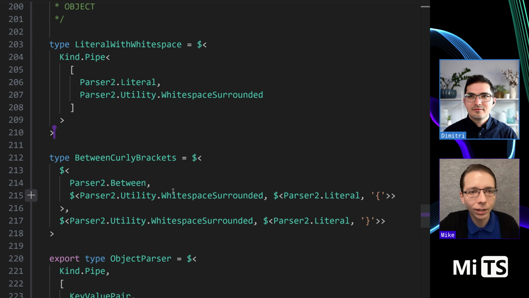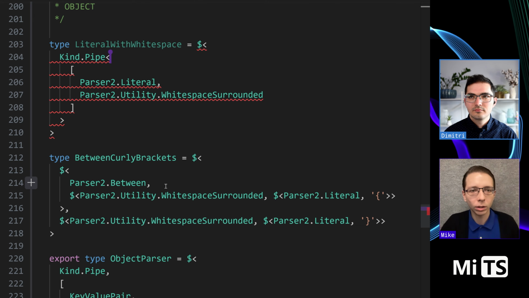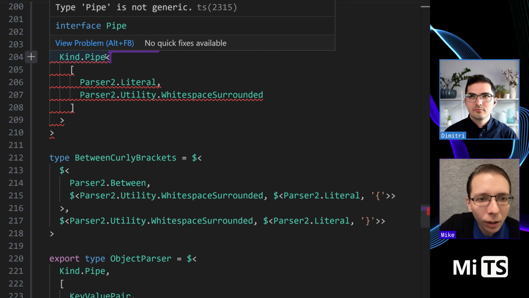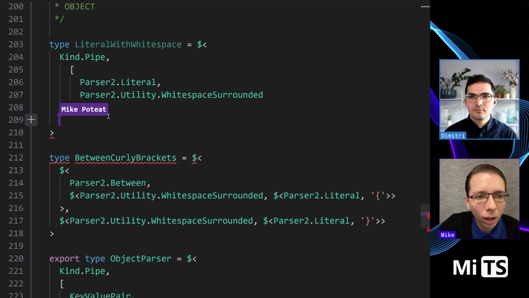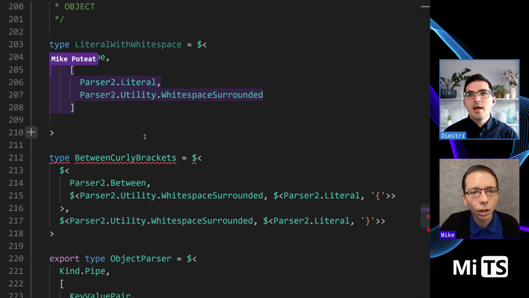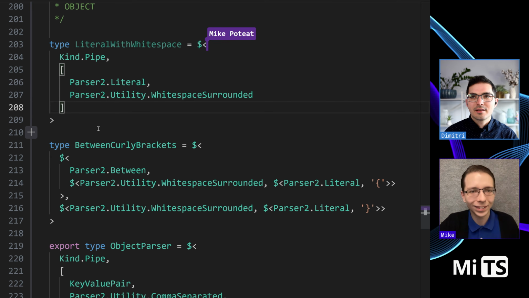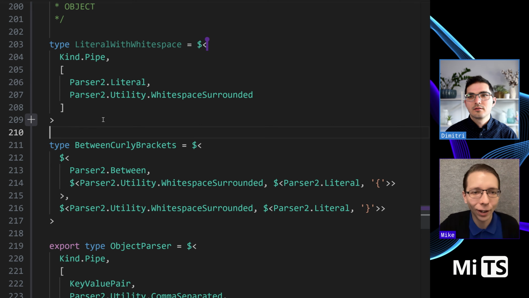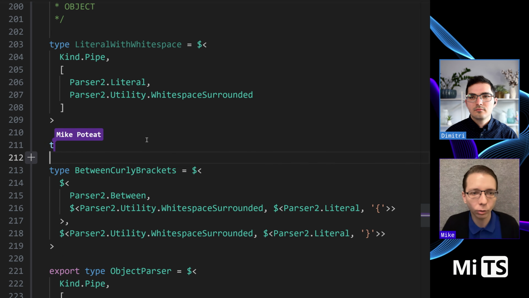So I'm going to paste this in. Okay, so it's complaining, and it's complaining for a good reason. It's because I had a syntax error. All right. I was going to ask about that. It didn't make sense to me, so I'm glad we got that sorted. Okay, so this is the literal with white space parser that you had before, and now I'm going to write the between